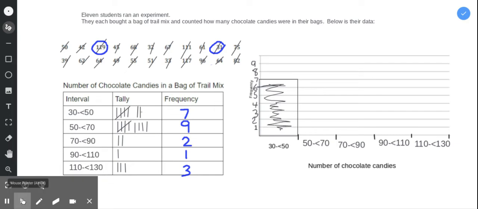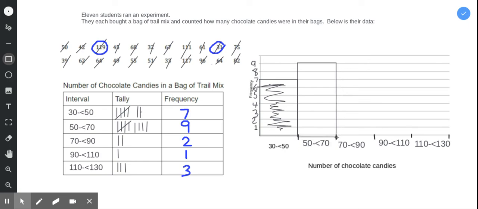The next one would be 9. 50 through 70 was up to 9, so I'm going to draw 9 there. Then the next one is 2. Then I have 1. And the last one is 3. The reason that the histogram works really nicely is when you have that really big range where you need to group the numbers to make sure that your organization is a bit